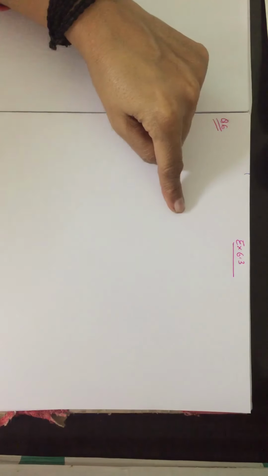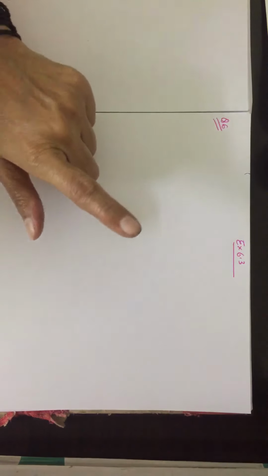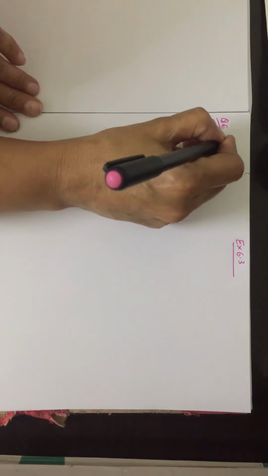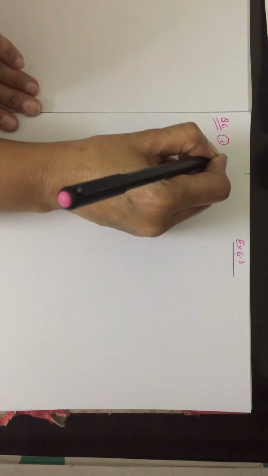In question number 5, what we have done? In that case, we find out the smallest number to be multiplied. Now in question number 6, we will find the smallest number by which it is to be divided so that it becomes a perfect square. So I am solving two problems here for you, first and second, and the rest you are going to do by yourself. So the problem is